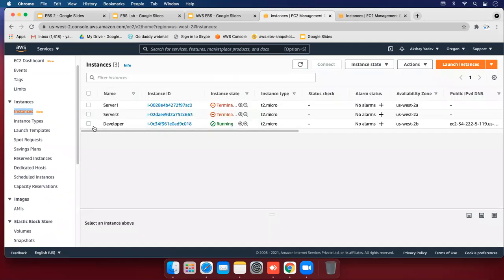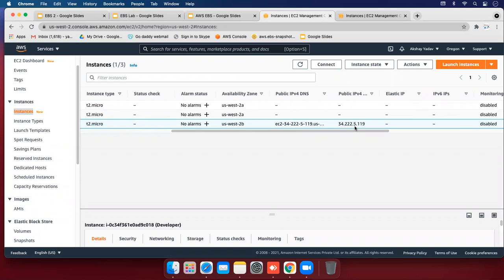Let's connect to the EC2 machine. First copy the public IP. This is my machine's public IP. Copy this and open the terminal.